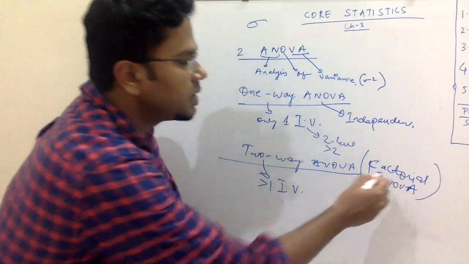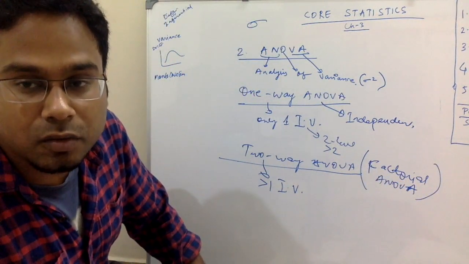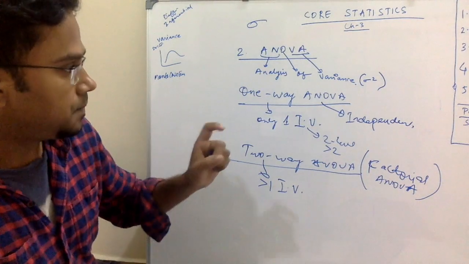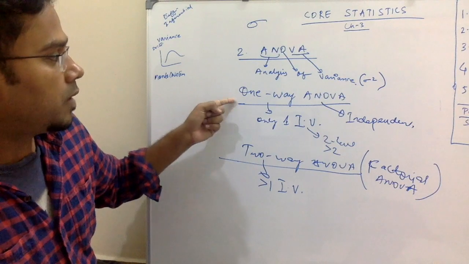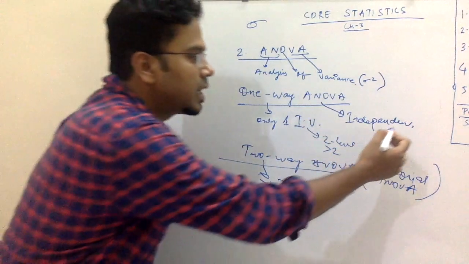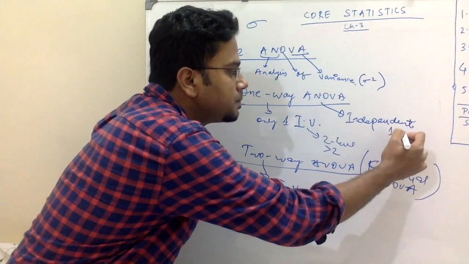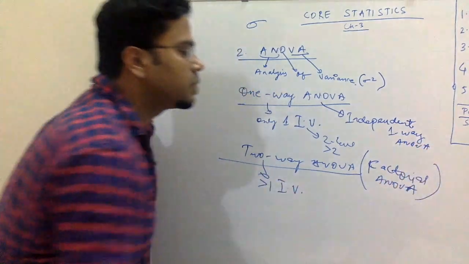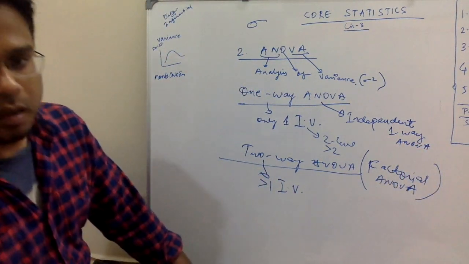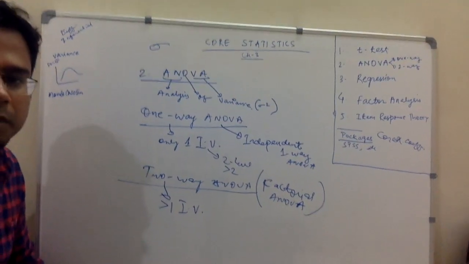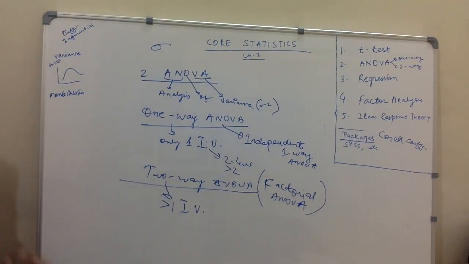Okay, so one-way ANOVA has some types, and one of those types is independent one-way ANOVA. What does this mean? It basically means that